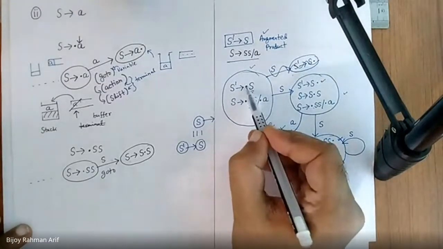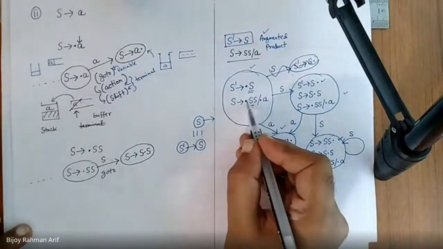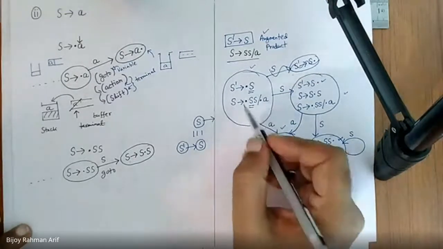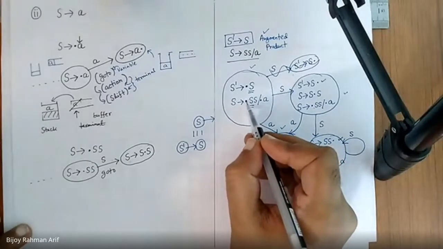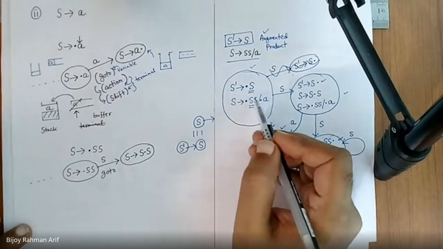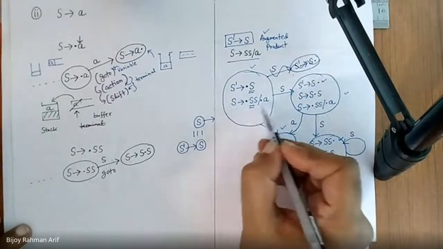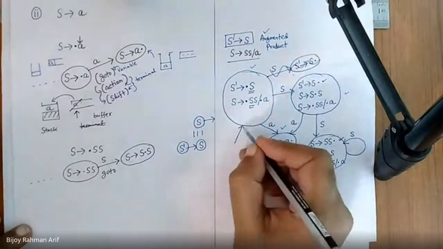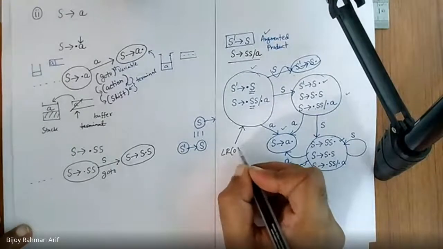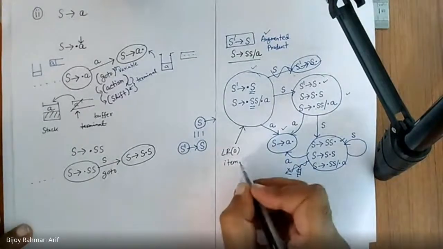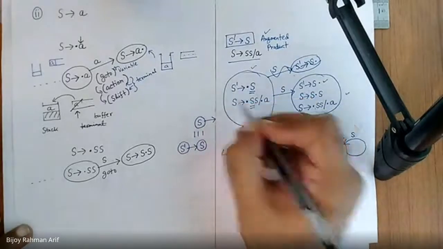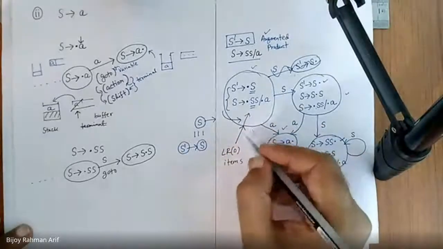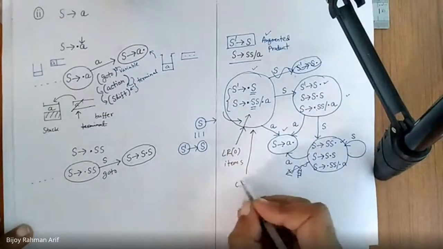As there is a closure operator just before capital S, we have to put the closure operator just before capital S and just before small a. Then again you have to take care. What is after this closure operator? There is again capital S. So we have to add all the productions that start with S, but they are already in, so we do not need to repeat them. Now we are complete. So this one is called LR0. Basically each of these are called LR0 items, and the whole thing is called the closure, the complete closure.